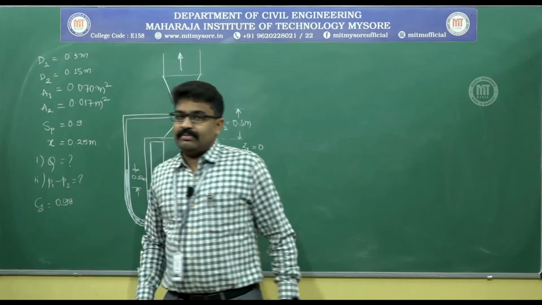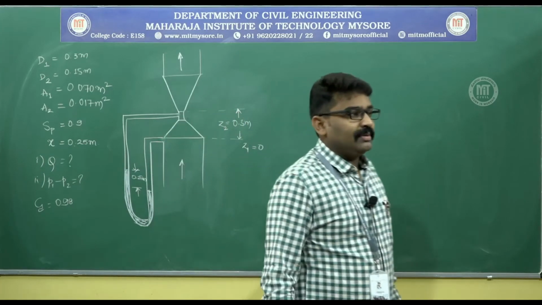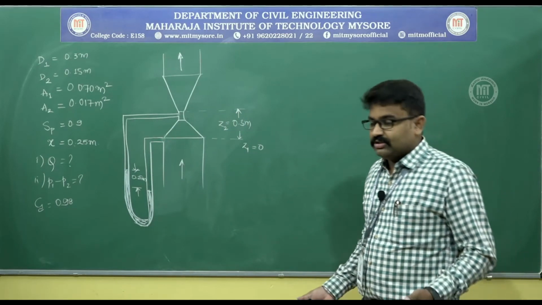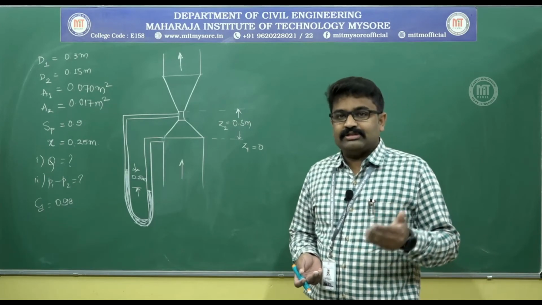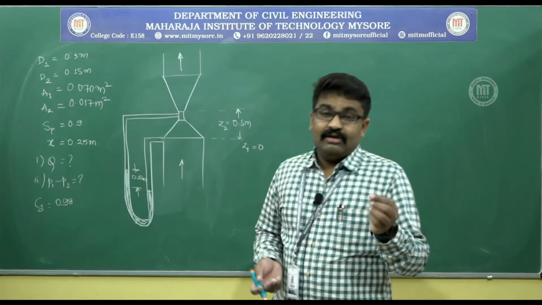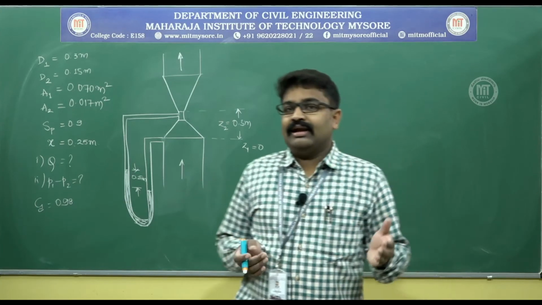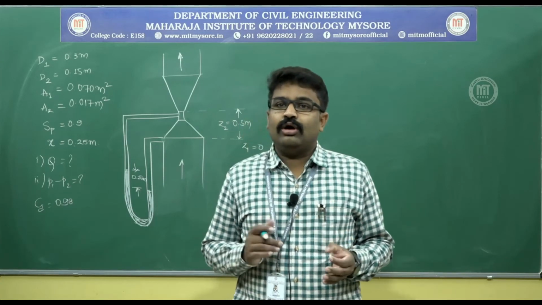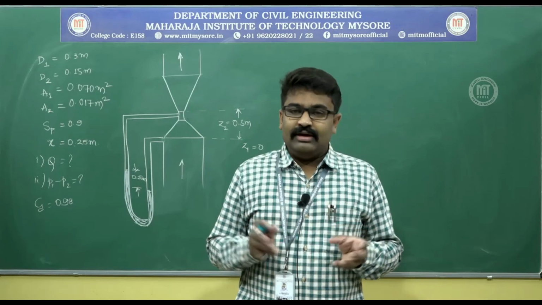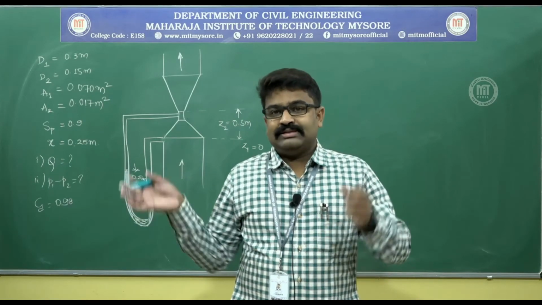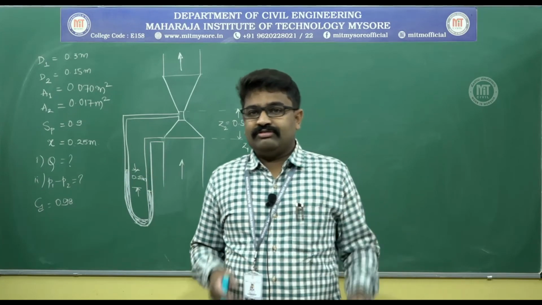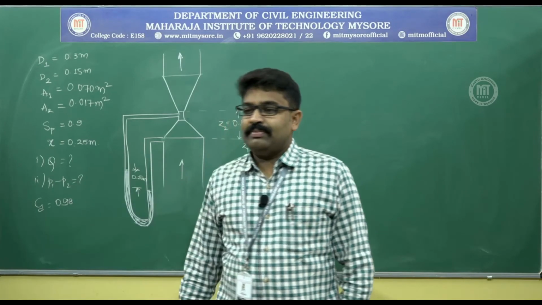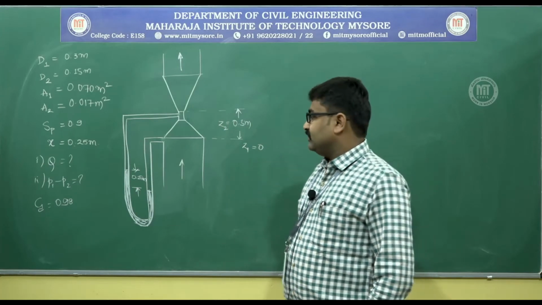Then what is this P1 minus P2? How do I find out the pressure difference between them? What needs to be done? Where exactly do I have that? Again, for which you must use the simple equation for vertical venturimeter and inclined venturimeter. We know that H is equal to P1 by rho g plus Z1 minus of P2 by rho g plus Z2, in which you directly have P1 and P2, using which you can get the pressure difference between P1 and P2. We will start solving that.